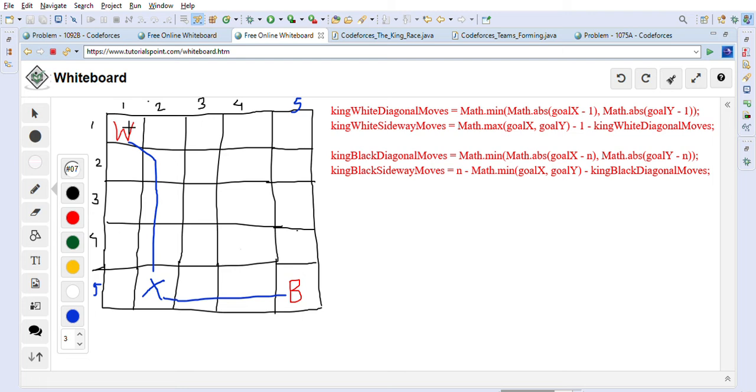So first we will try to go diagonally as much as we can, and then we will go vertically or horizontally. As you can see, the first move is diagonal and then vertical. Here there is no need of a diagonal move. Directly he can go with a horizontal move. If he goes with a diagonal move, then he can go like this, but the number of moves is still the same, 1, 2, 3.